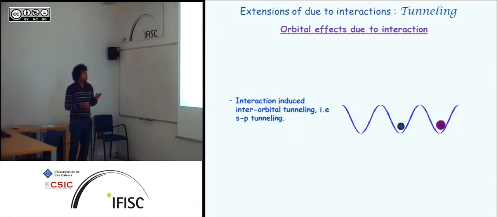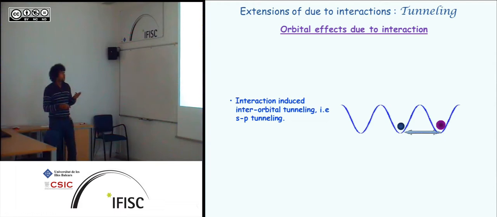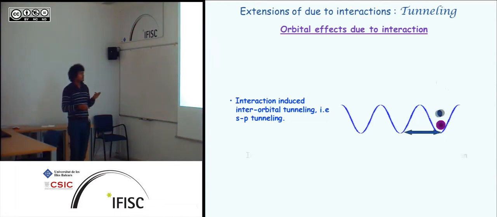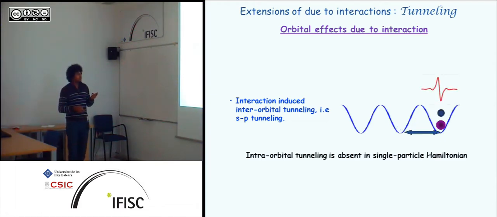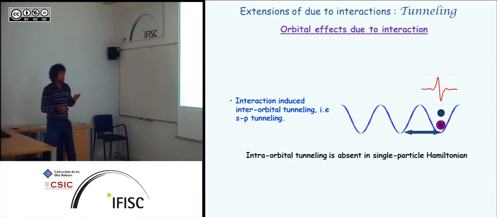And the second thing is that there can be another kind of transition where the same thing happens, like there is interaction and it goes to the side but not to the same orbital with some other energy. So there is maybe a p orbital in this case which has 1 node. And this is very important, because this is a term which you never have if you have a single particle